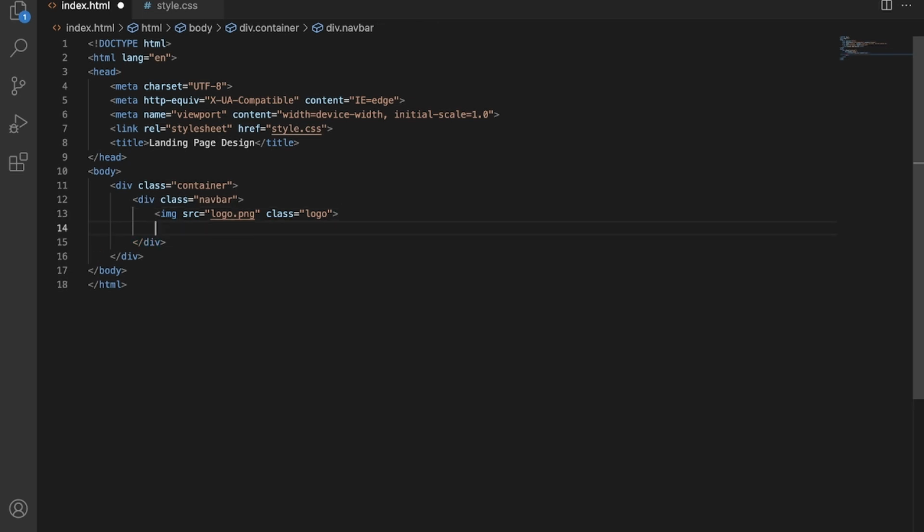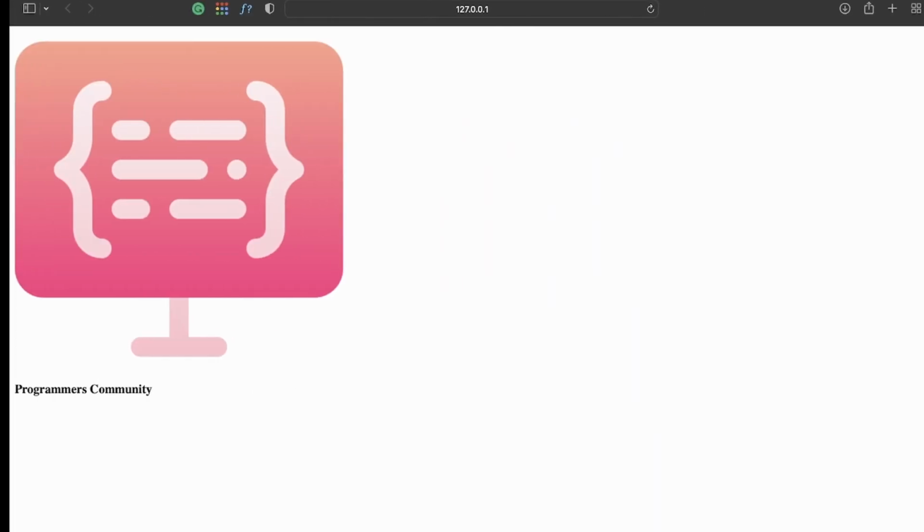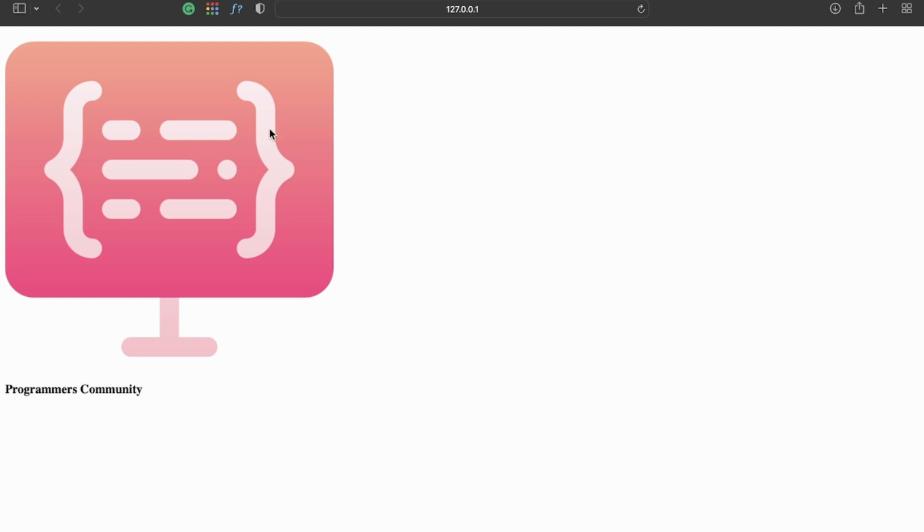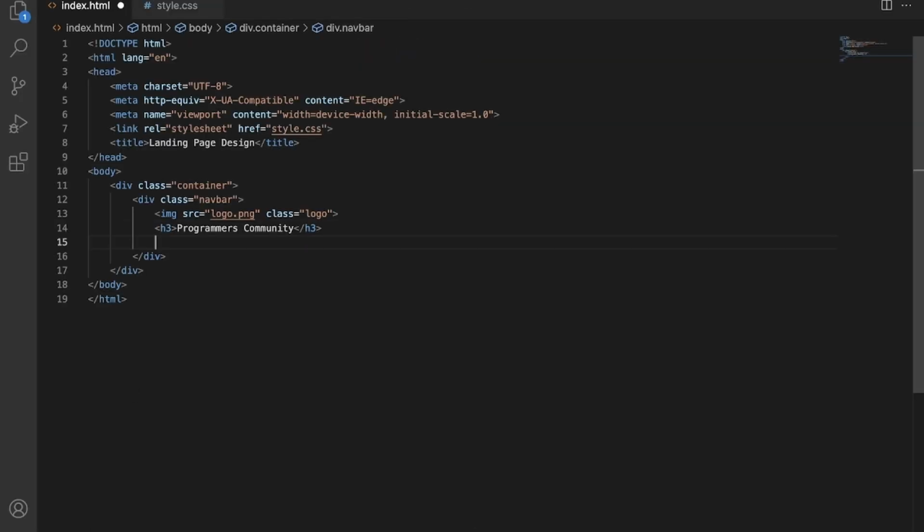Okay, so now I will define a heading h3, and here I will write some text, Programmers Community. Okay, great. Now let's check the output. Okay, our image and text are successfully imported. So now here I will create a navigation bar.